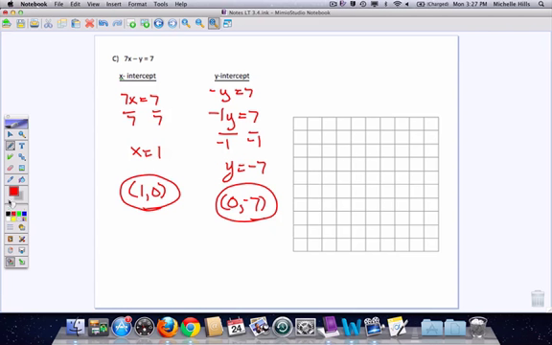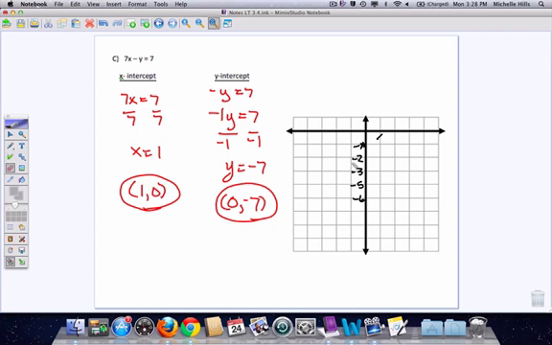Now I only need to get over to 1 for my x's, so I may as well, if I want to, center my y-axis. Doesn't matter if I center it, just means that I need to be able to get over to positive 1 over here. My y has to go down to negative 7, so I'm going to set my x-axis up a bit further to make sure I can get all the way down to negative 7 for y. So, I need to get to positive 1 for x, and down to negative 7 for my y's. Again, notice that I'm marking directly on my grid lines,